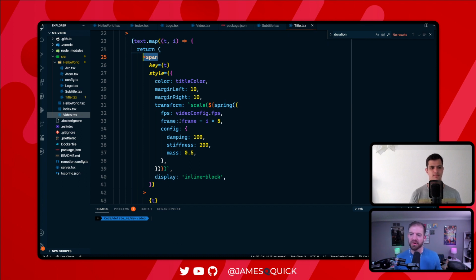And because you do the lie trick here and basically say the frame is something further back, that adds in this delay. So you have the index here, you multiply that by 5. For the first one, the index is 0, so that thing will be frame minus 0. For the next one, it will be frame minus 5, and the next one will be frame minus 10, which gives you that staggered effect for each one of these different words,